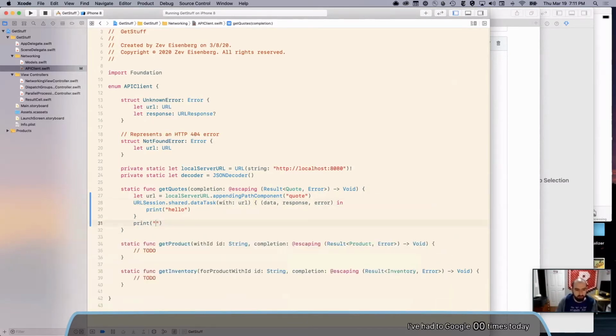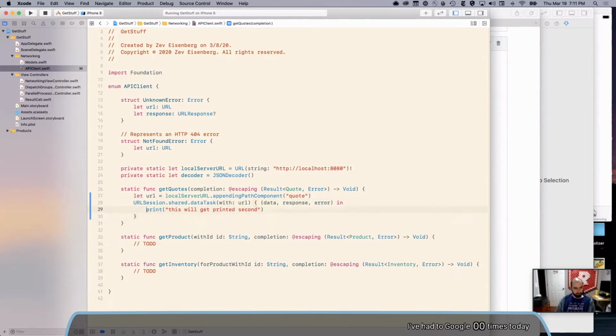If I do this, this will get printed first. This will get printed second. So that's surprising if you're not used to concurrency. That's a little weird. Or maybe not concurrency, maybe asynchronicity is the right term here, that these lines are not just running one after the other. Everything between these curly braces is getting saved off and then run when the request comes back.